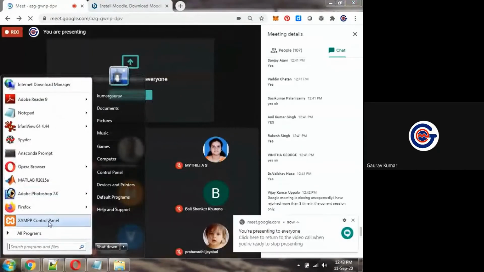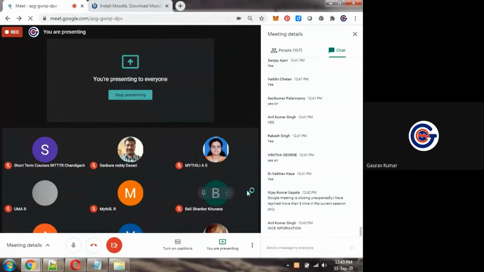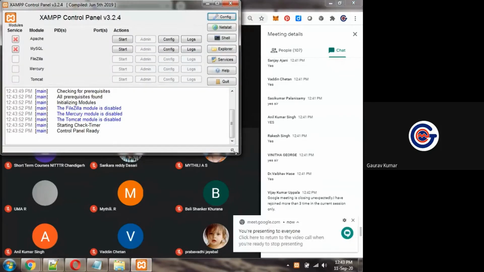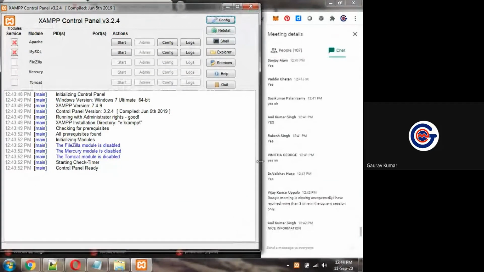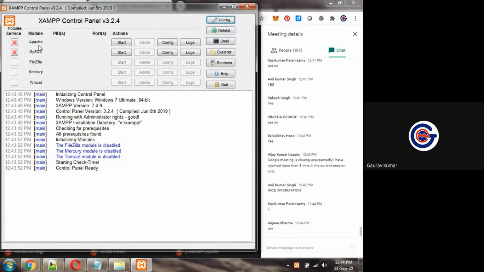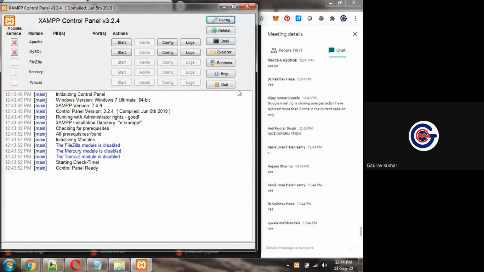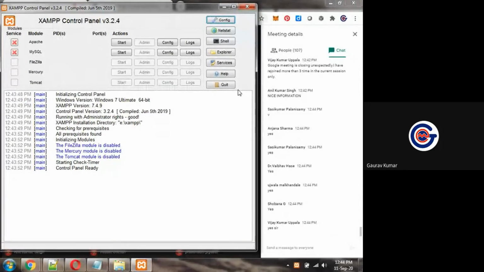In the start menu, XAMPP control panel, and you will see here, I'm opening it. Now this is the control panel of XAMPP. Is it visible to all of you? Now you can see Apache, MySQL, FileZilla, all things are available. What I have done is downloaded and installed Moodle via Bitnami. I will share this PPT at the end of this session. In that, each and every link is available, so simply use that link and download it. After downloading and clicking next and finish, you will get this interface.